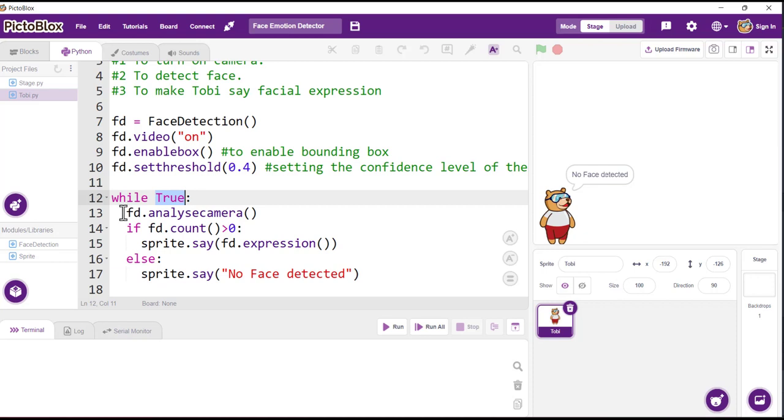Now we will tell our code to analyze the camera, meaning it should analyze and detect the faces in the camera. Now we are going to tell our code that if fd.count, which is just looking for the number of faces we have in the camera, is greater than 0,